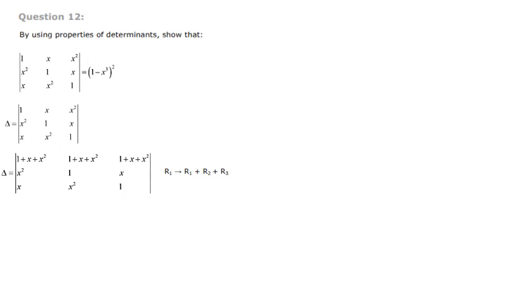Now when you look at the determinant, 1 plus x plus x square is common in the first row. Please take it out, that is 1 plus x plus x square into determinant. The first row completely becomes 1, that is 1 1 1. Second row remains the same, third row remains the same. So now first row all the elements are 1. Now we can reduce two elements to 0. This element and this element I can make it 0.